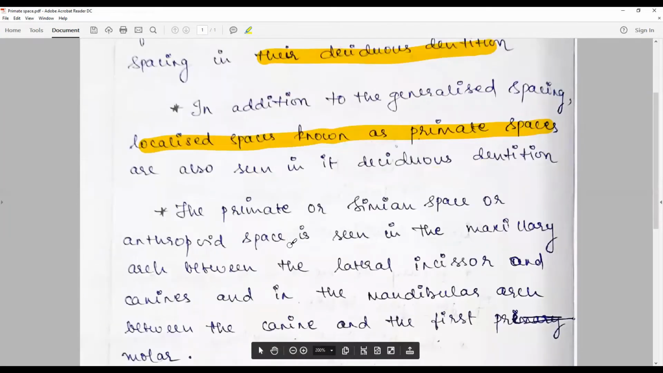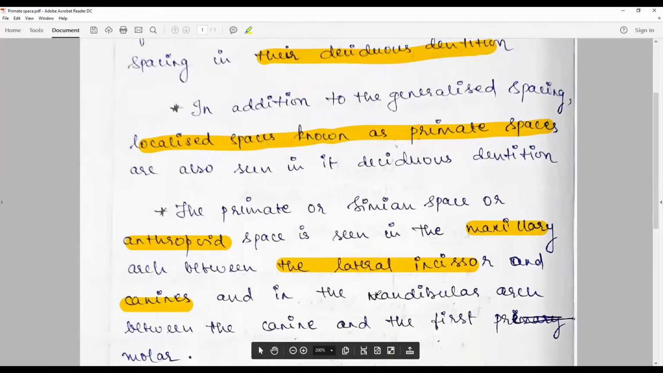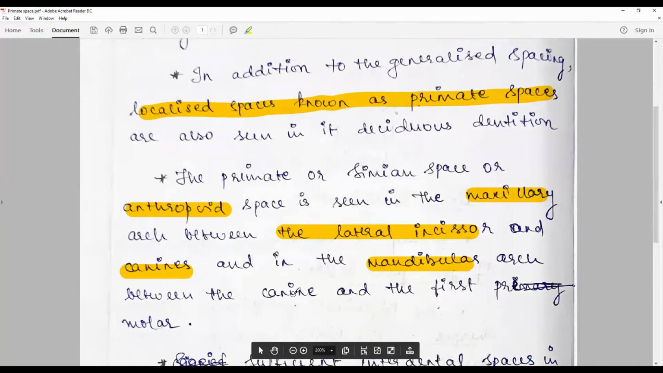The primate or simian space is an anthropoid evolutionary space seen in the maxillary and mandibular arch. In the maxilla, it is between the lateral incisor and the canine, and in the mandible, it is between the canine and the first molar. In the lower animals, such as the dog family, the cat family, and